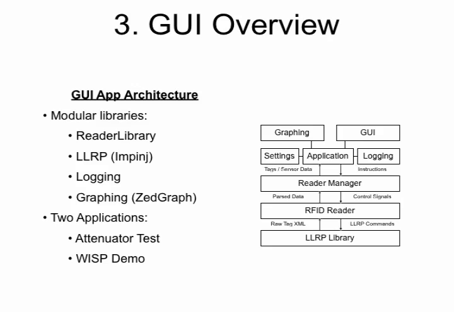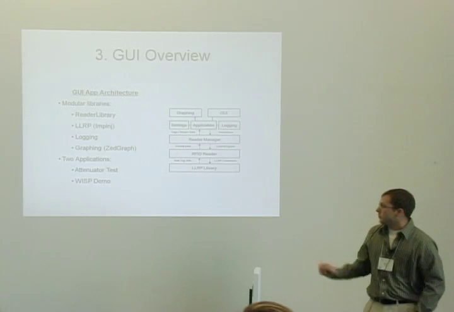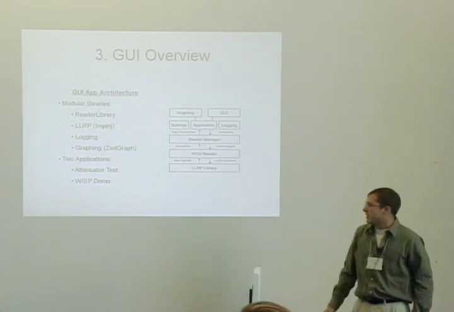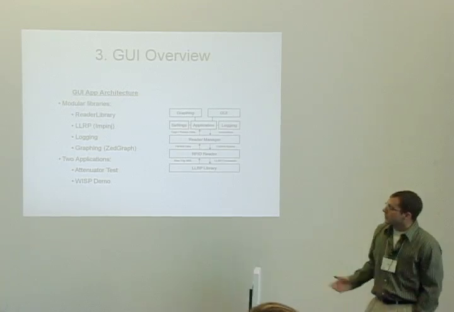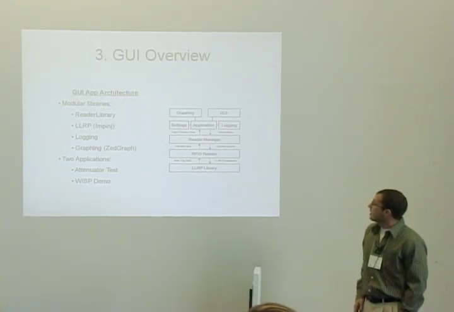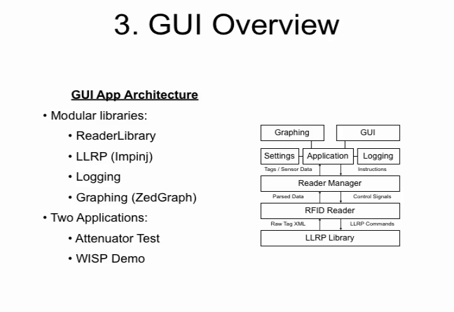There's a reader manager, which allows you to just call connect and disconnect instead of having to deal with XML and all of the quirks of the LLRP library. There's a graphing library, which is actually provided open source, ZGraph. We didn't write this, but it's very easy to use. We wrote a logging library and some other forms for configuring the reader. So there's a lot of work that's been done to make it really easy